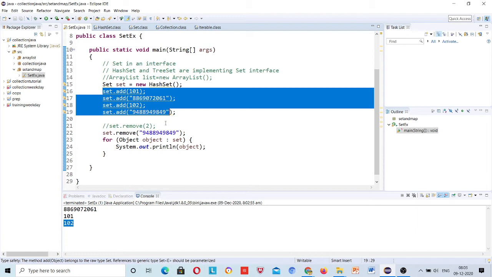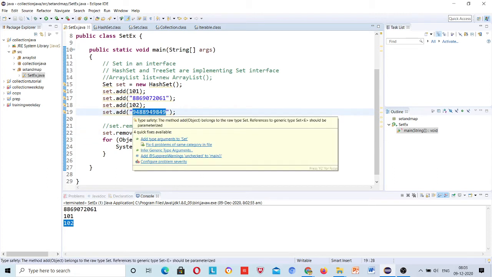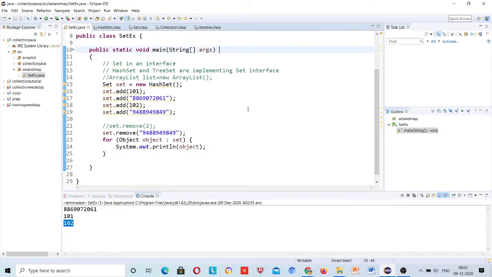To prevent this situation, set has not implemented a removal mechanism like this. So set asks that you need to pass the value that you want to remove. If you want to remove this mobile number, only this will be removed. Okay, so be sure how we use the removal mechanism in set, right? Else, everything in set and array list is the same.